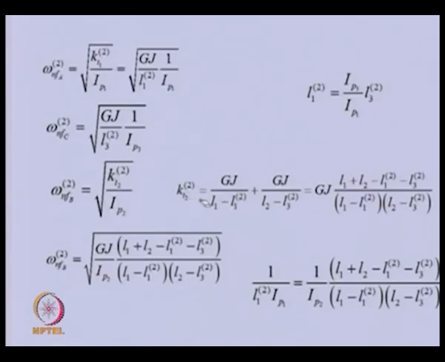So, this is the torsional stiffness of the shaft, and this we can substitute here to get the natural frequency. So, here you can see that L1 subscript 2, L3 subscript 2 are unknown, and